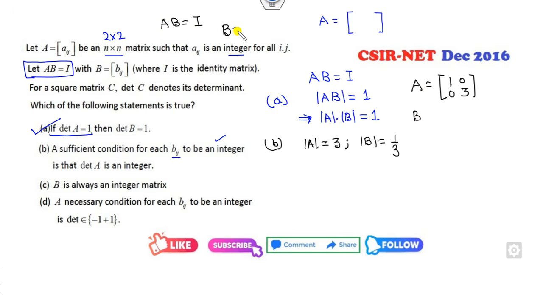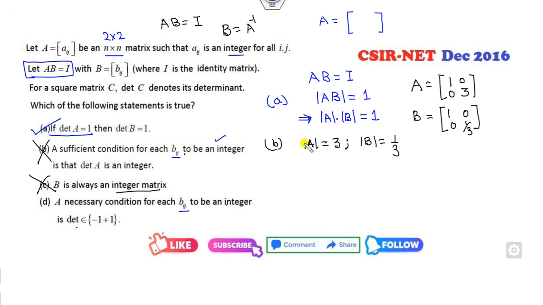That means B will be my A inverse. So if B is A inverse, what is the answer of this? It's 1 over 3, 1, 0, 0, 1 over 3. Clearly, the elements of B are not integers. B is always an integer matrix. Again, the same example. The necessary condition for the matrix to be integer